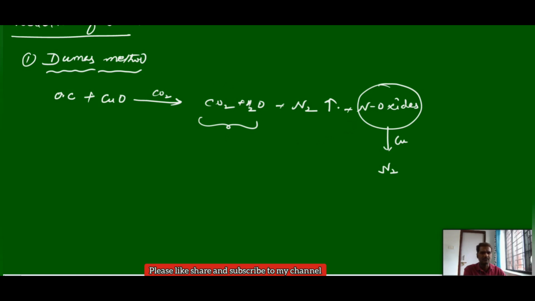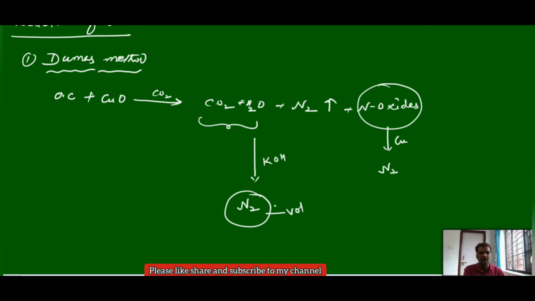This overall mixture of carbon dioxide, water and nitrogen, we will pass through potassium hydroxide solution, or else we will collect this mixture over the potassium hydroxide solution. When you pass it to the potassium hydroxide solution, water can dissolve, and carbon dioxide is absorbed by the potassium hydroxide, and only nitrogen we can collect over the potassium hydroxide solution. So you will get only the pure nitrogen, and we can calculate the volume of nitrogen produced in that particular reaction.